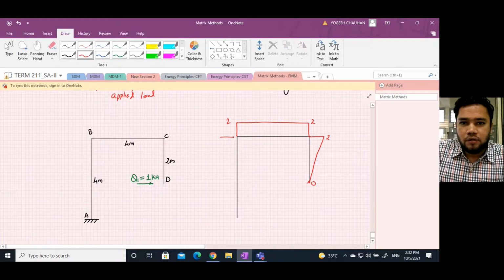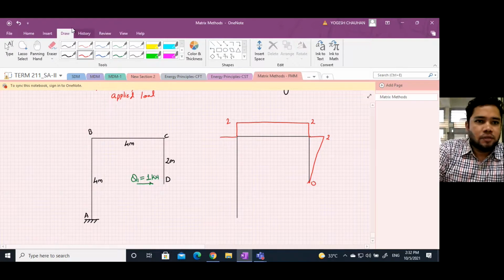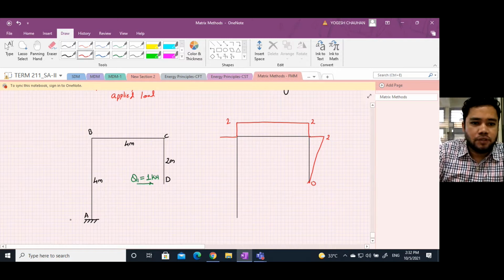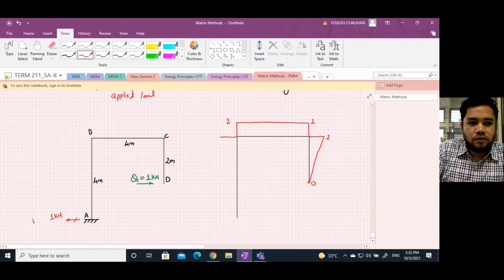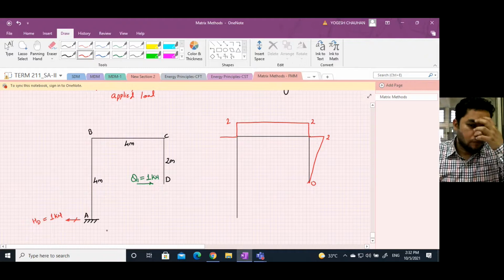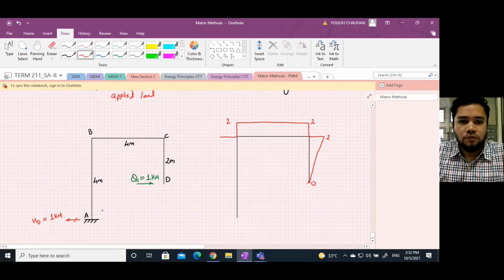And for member CD, you can find the support reaction here. If this is the reaction, there will be a support reaction of 1 kilonewton. This is HD for this load configuration. So the bending moment diagram would be